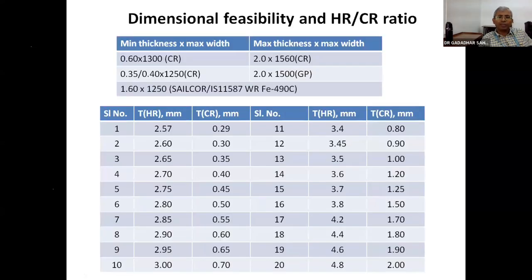I was telling basically what should be the input material for cold reduction. What should the input material from the first strip mill be? Here also some difficulties are there. If we produce high strength steel with low thickness, for example, 0.6 mm CR, our CR strength should be high, 450 MPa. If UTS is 450 MPa, it will not be feasible to produce, even though it can be feasible in